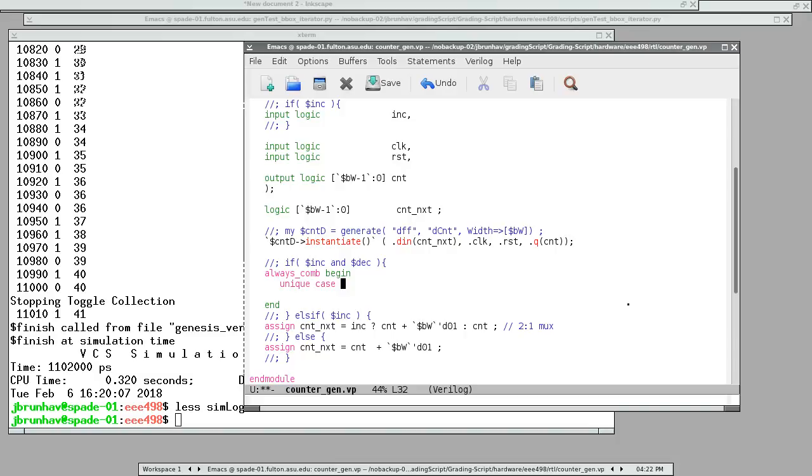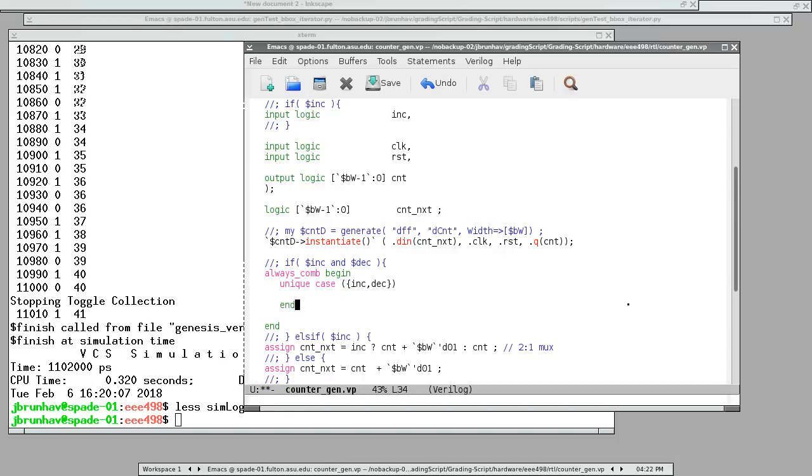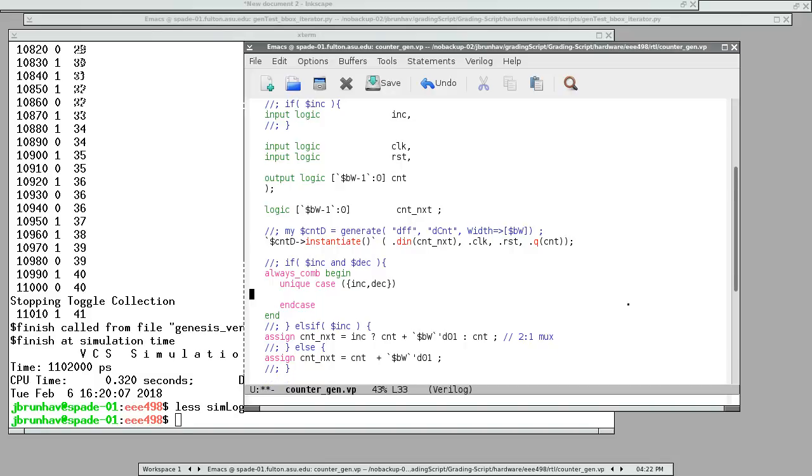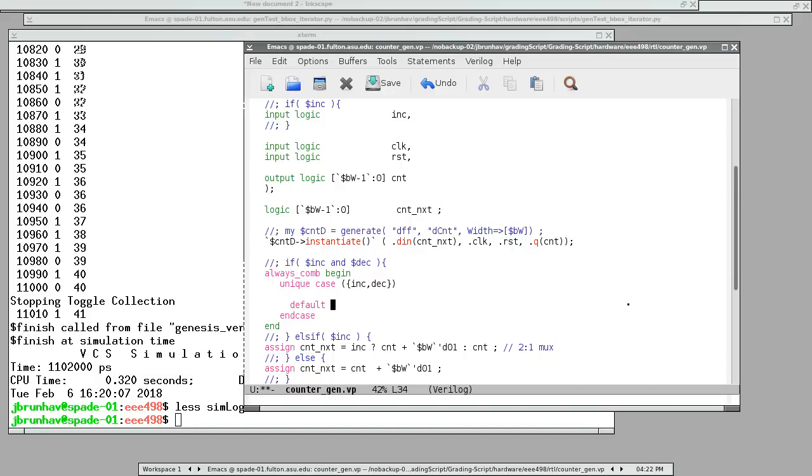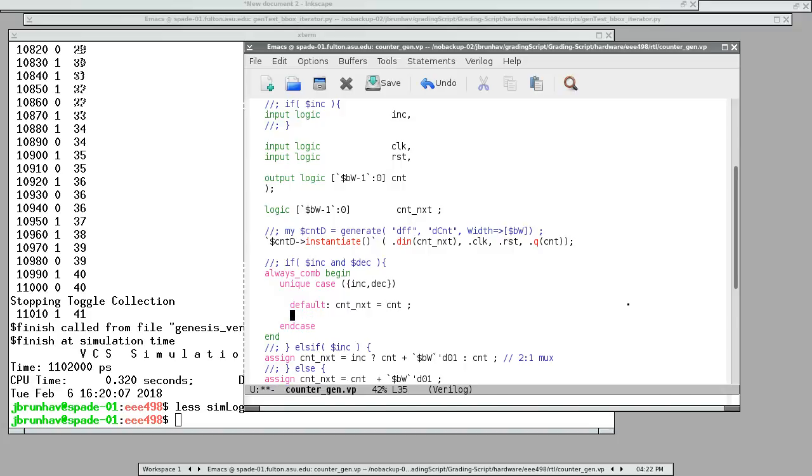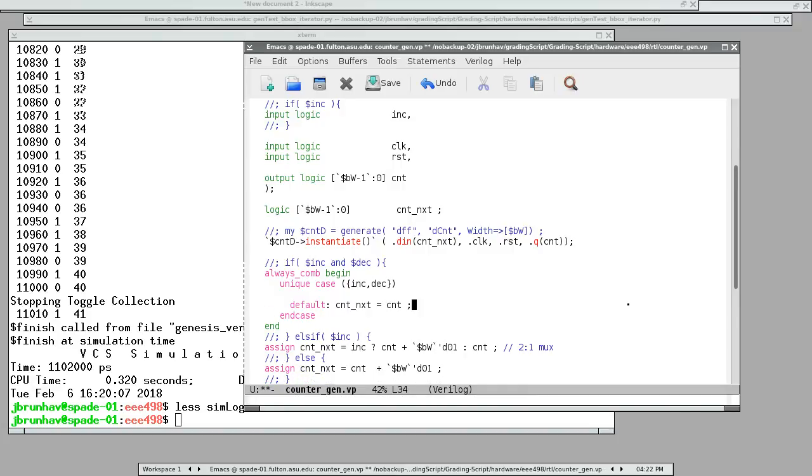So we actually want something that looks like a mux, and we're going to switch on the values of increment and decrement. And then we'll start by defining a good default. So there are 4 possibilities, but in most of those, count next is just equal to count. So now we only need to worry about the cases where